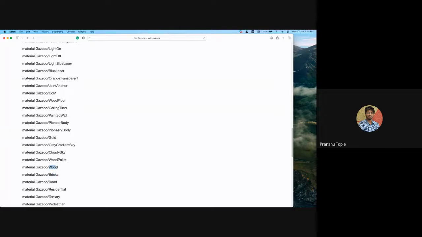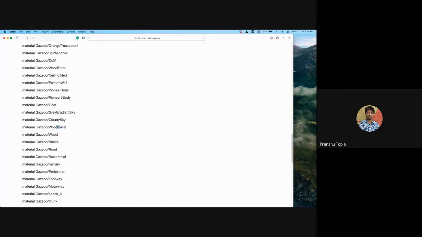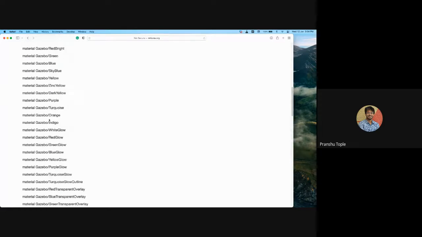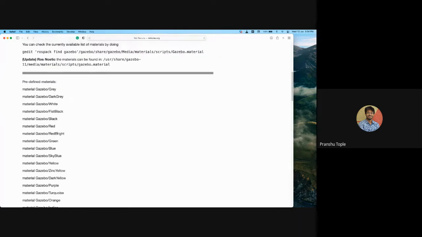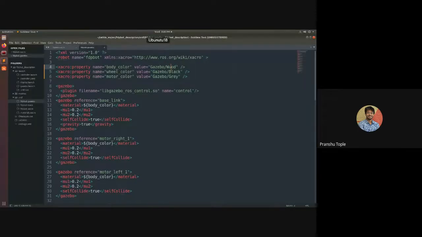This is the wood palette if you want. See, there are a lot of materials that you can give. So let's give it turquoise. Turquoise looks interesting. Yes, turquoise. I will just copy this. I want the body in turquoise color. That is something unique. Okay, then what else do I want?